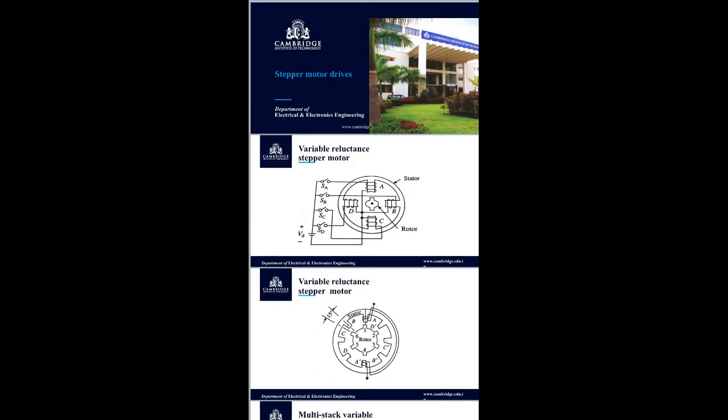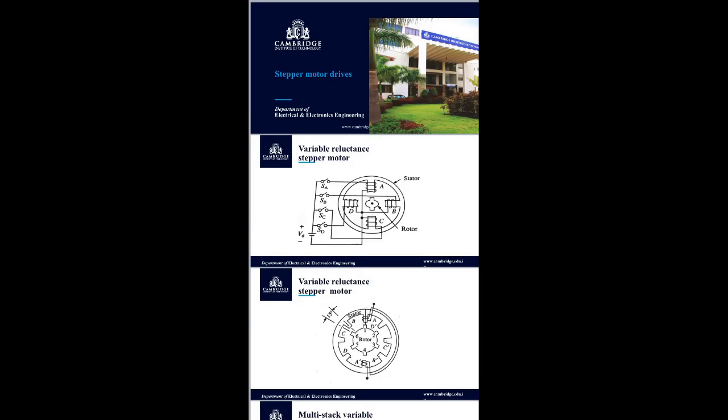When phase A is excited, reluctance torque causes the rotor to turn until it aligns with the axis of phase A. The rotor is stable in this position and cannot move until phase A is de-energized. When the next phase, that is phase B, is energized, A is de-energized and the rotor turns 90 degrees in the clockwise direction. A similar switch you can observe for phase C as well as phase D. Here, as observed, the rotor will take a 90 degree step.